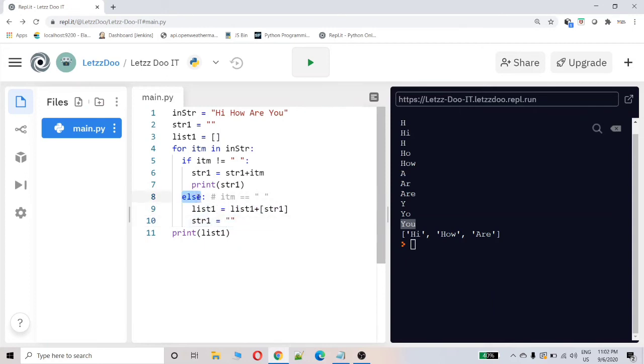Only when we enter inside the else portion, the string which is having the u will be added to the list1, but we don't have the space after u. So alternately what we can do is, at the end we can write one condition: if str1 is not empty, that means it is having some data, then we can add str1 to the list1. That's it.